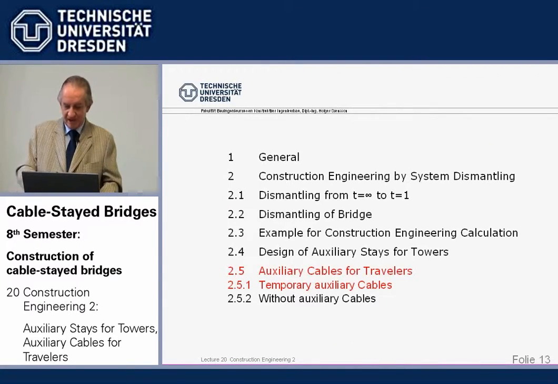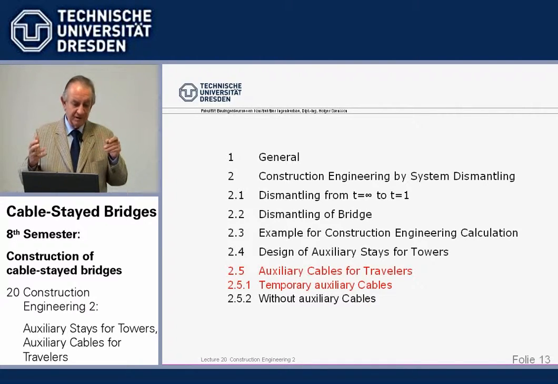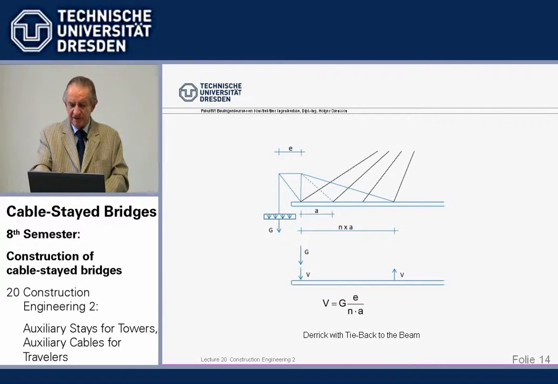Now, the travelers at the tip of the cantilever may need some additional help, or the beam needs help. And so the traveler with a weight may have to be tied back somehow. Also, there are various possibilities. The main problem is naturally that the weight which comes up here